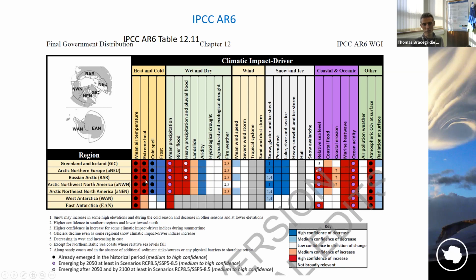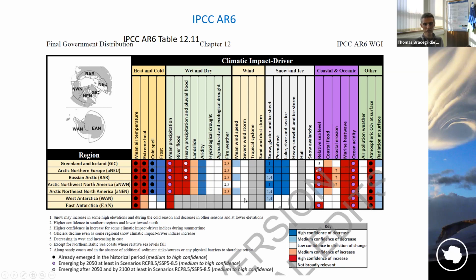You've got extreme heat, for example, here, and in most of the Arctic, you've got very strong confidence, and things have already emerged. The dot here means this has already emerged in the historical period. The point of showing this is that for many of these diagnostics, for Antarctica, things are quite different. So there's medium confidence of increase, for example, extreme heat, and then